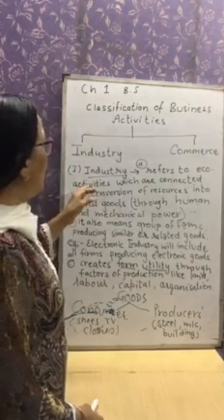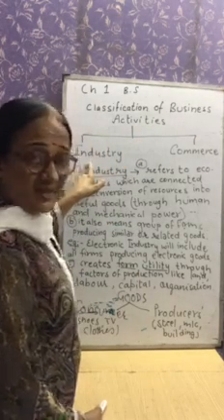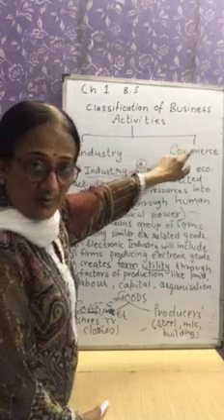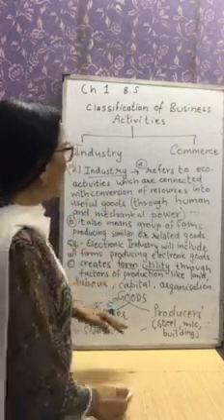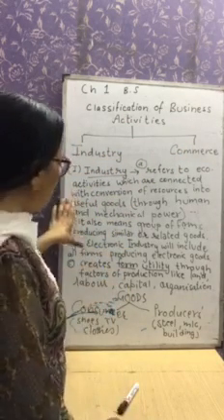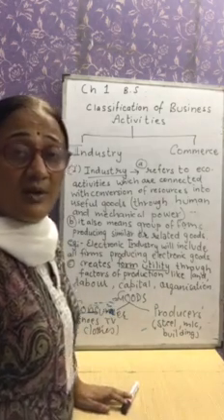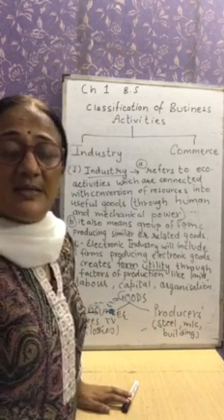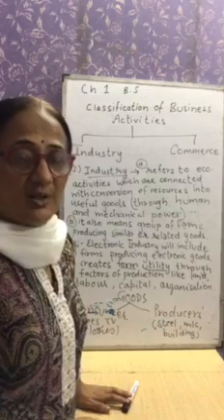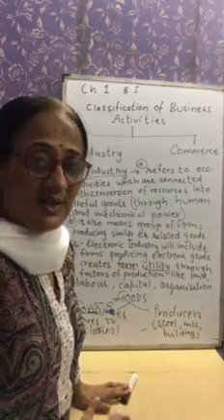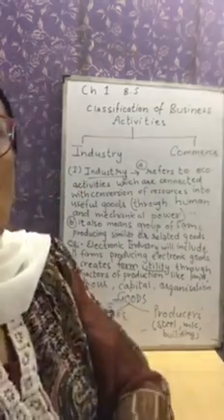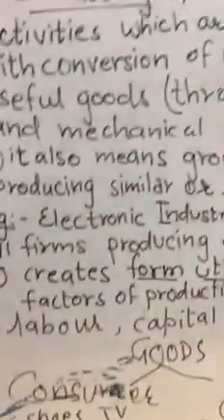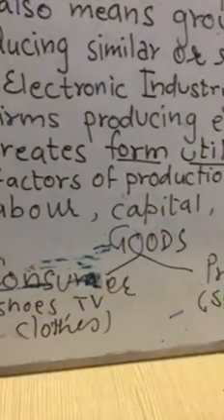Okay. So today we understood the classification of business activity, industry, commerce, and basically we had a complete idea about industry. Industries are basically of three types: primary, secondary and tertiary, which we are going to take in the next class. Now just I'll show you the blackboard so you can have a proper idea as to what was written. See, industry, correct? Commerce, then example of electronic industry, type of good.